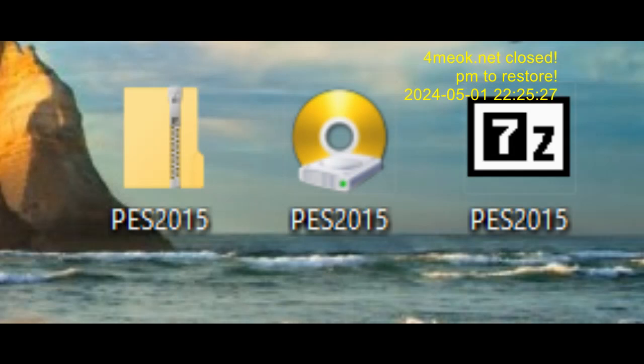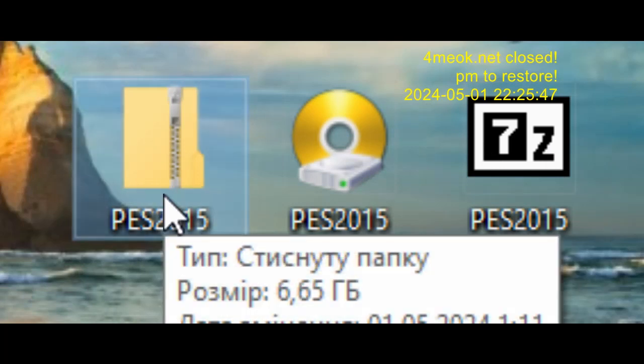So what's the difference between different types of compression? So this is a game compressed folder. These are the game compressed folders. So the first one is general zip maximum compression. You see the size,